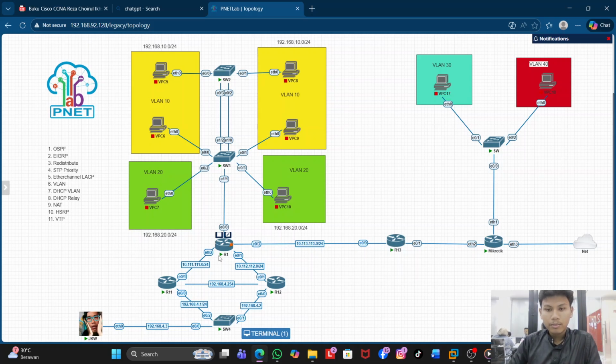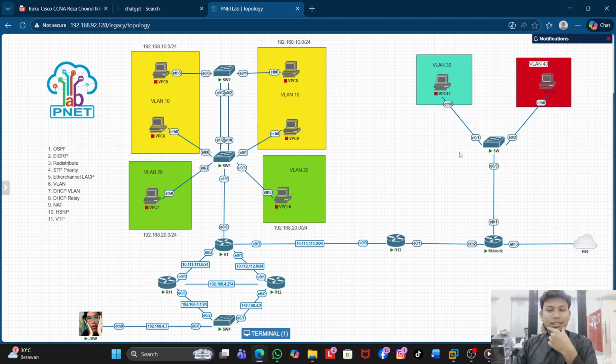So today I want to show you my homework. My mentor gave me Super Lab homework to configure.